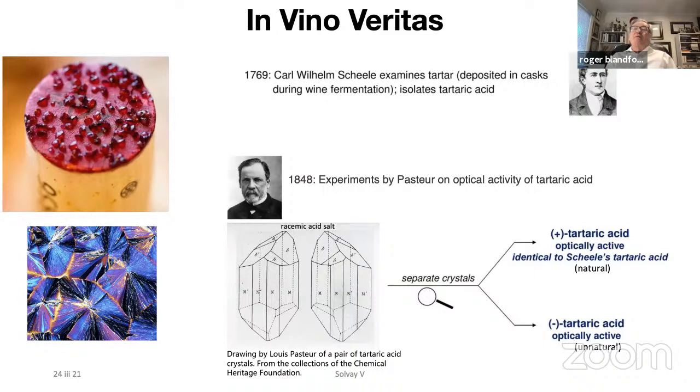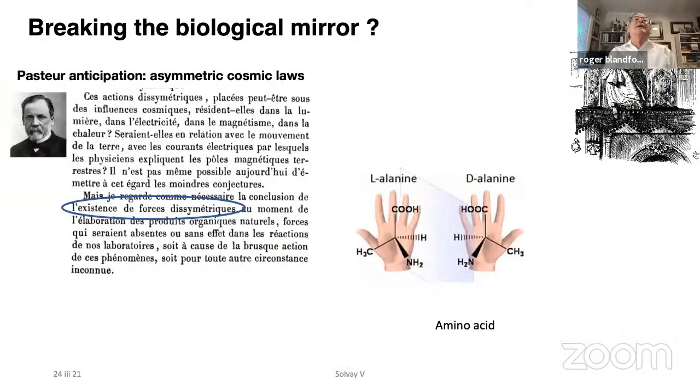And they were both optically active, but Pasteur's two classes of crystals rotated the plane of polarized light in opposite directions, and one of them was associated with living things. And so Pasteur speculated that there was some asymmetric force there. Although he didn't know about biological molecules and so on, he did understand that there were building blocks of chemical substances, and I think he recognized that there were two possibilities.